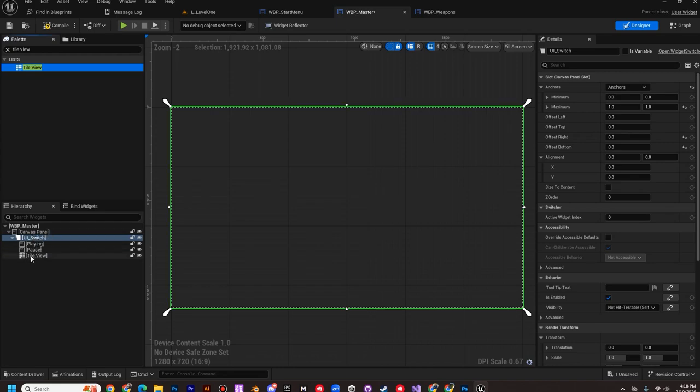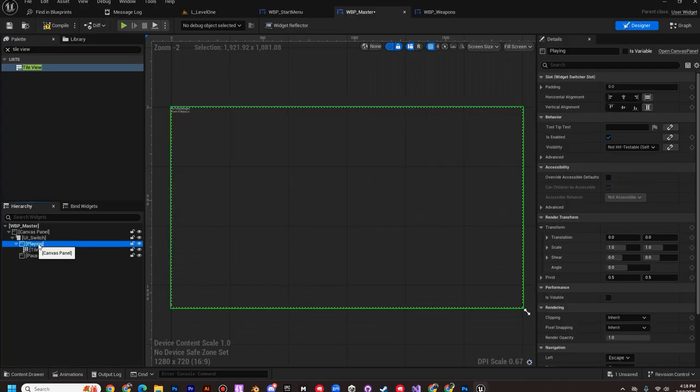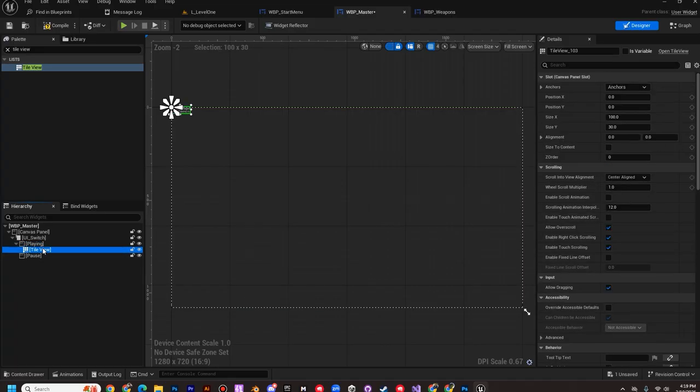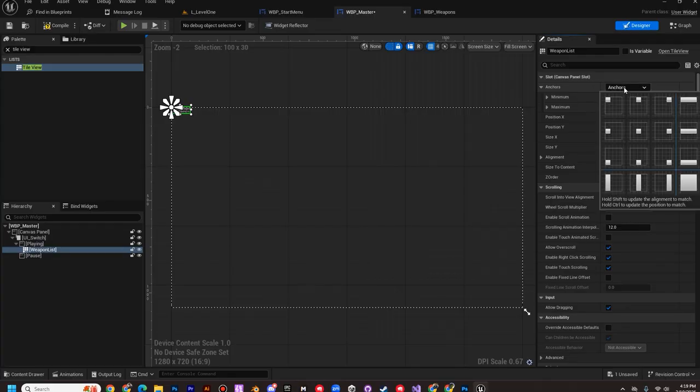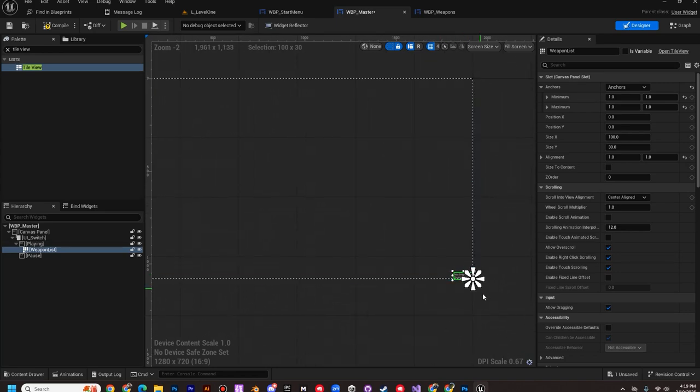Or rather, we only want the weapons to be showing on the playing menu. So everything that's going to be showing in the playing UI is a child of the playing canvas. Pause menu, child of the pause canvas. Here, I'm going to change the name to weapon list. And then go to the anchors, open up the anchors drop down, Control Shift, align, position, and anchor it to